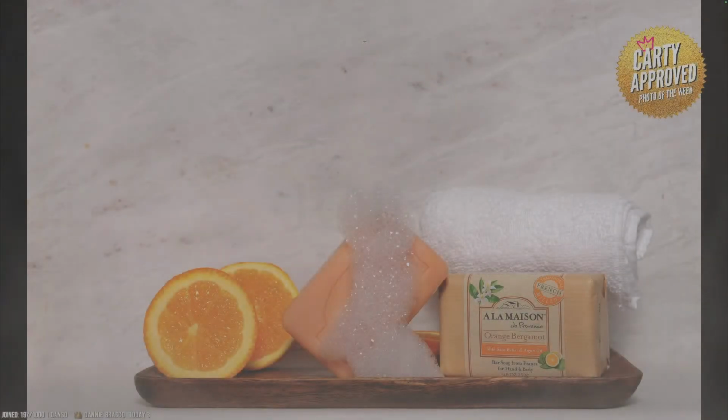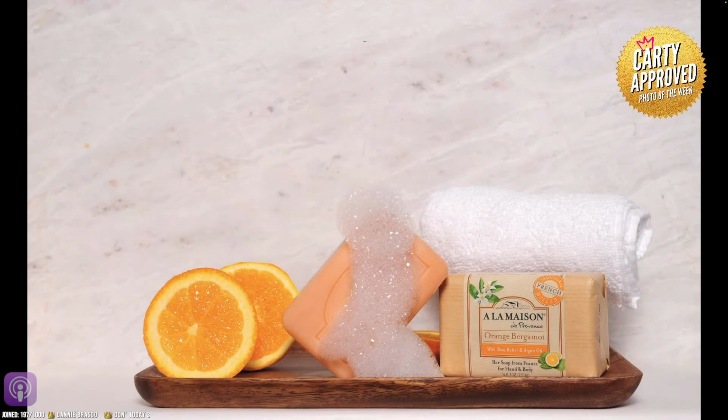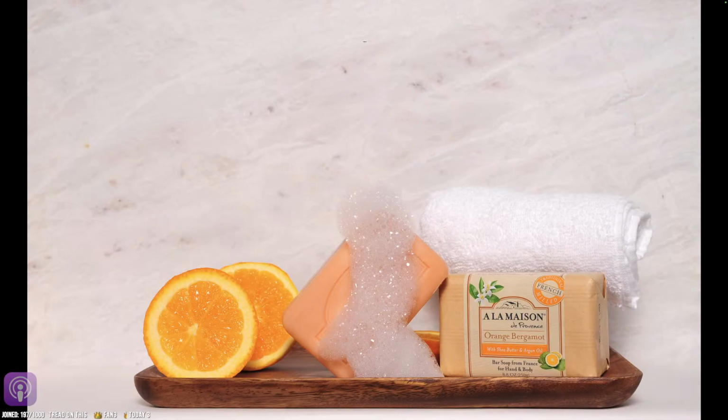Ladies and gentlemen, our next photo of the week goes to Miss Denise Tuggle. Denise, it's photo of the week. The amount of level up that happened between this picture and your previous picture is astronomical. I am incredibly proud of you. I know how hard you try. And I know, like,